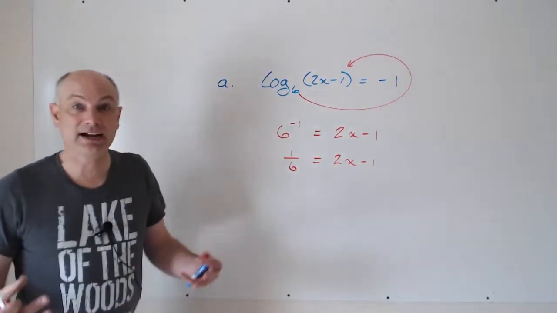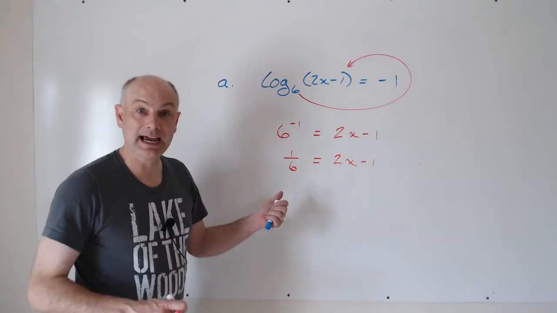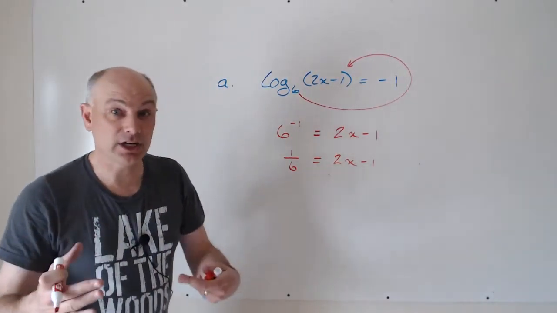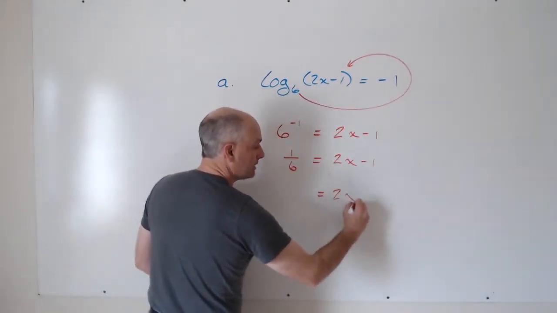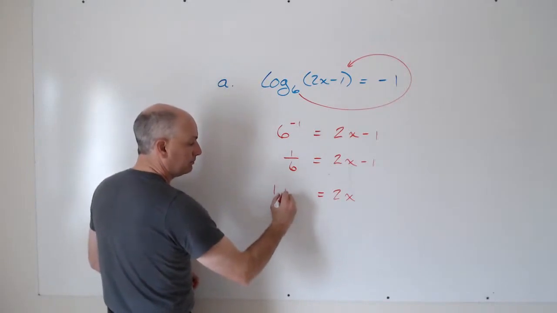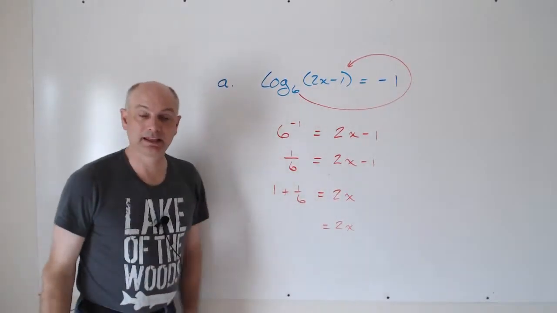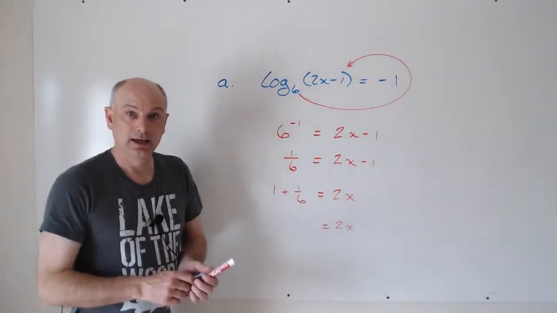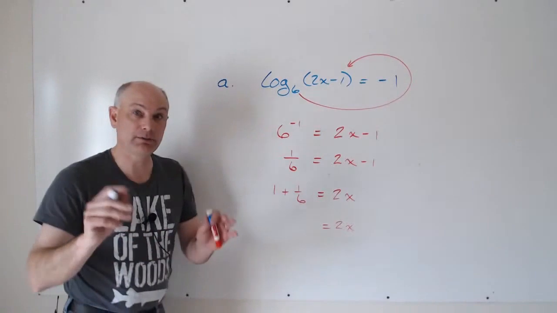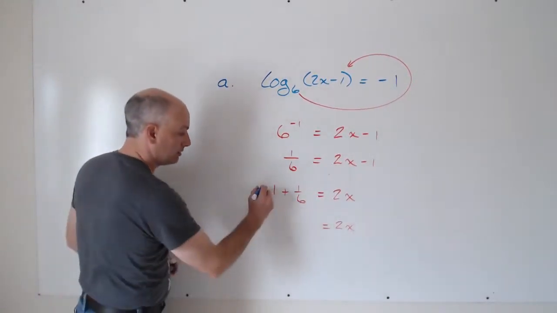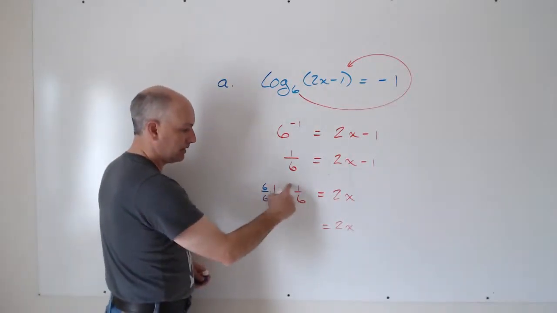And notice, you're back to an equation you can quickly solve. Add 1, and then we're going to multiply by 1/2, or divide by 2. My suggestion is going to be to multiply by 1/2. I'll show you why in just a second here. All right, so let's add the 1. I got to clean this up a little bit. I think I want to get that to be just one fraction. And I'm going to leave it as an improper fraction, not a mixed number. Now, we don't have to make it hard. Denominator is 6, isn't it? Let's just multiply the 1 by 6 over 6. 6 plus 1 would be